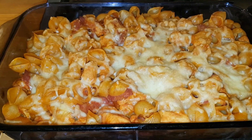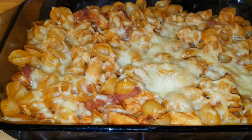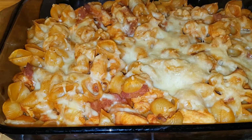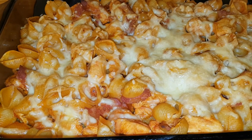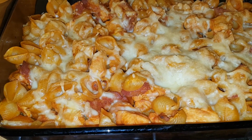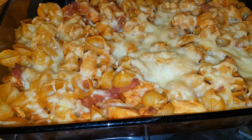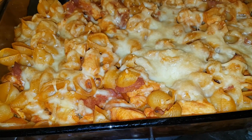Hi everybody, so it is Tuesday evening, and tonight we've got a simple pasta bake. It's Cajun chicken and bacon, so I've got some chicken breast chopped, some sliced bacon that I just chopped into small pieces, cooked those in a skillet, added some garlic, some onion and some Cajun seasoning, cooked that all through until the chicken was cooked,